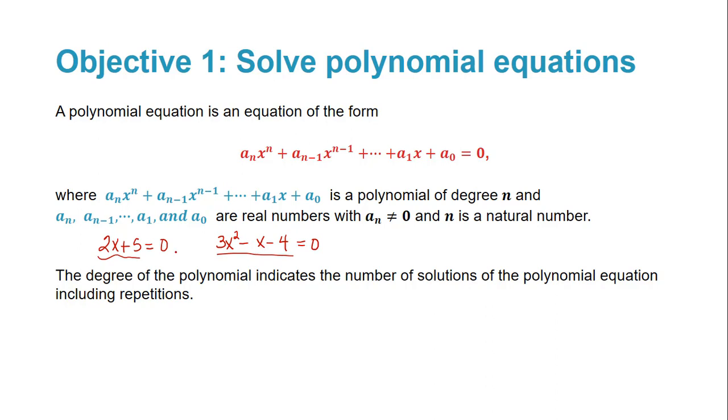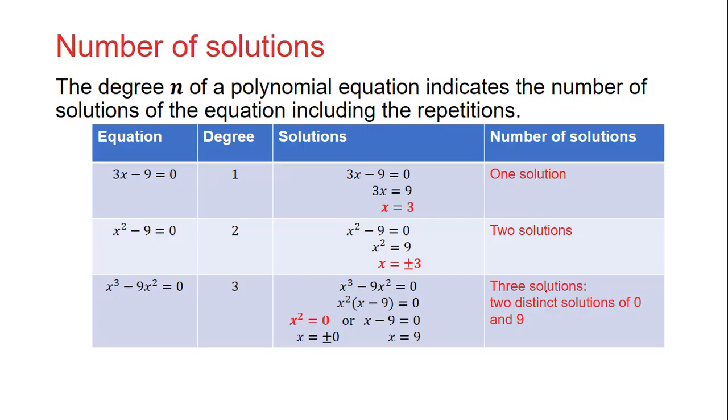The degree of the polynomial indicates the number of solutions of the polynomial equation, including repetitions. And I also need to add that these include the real and imaginary solutions. So let's look at 3 examples. I have the equation. We'll identify the degree of the polynomial, the solutions of the equation, and how many solutions